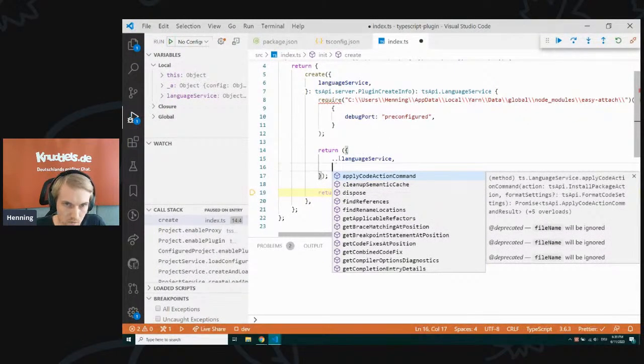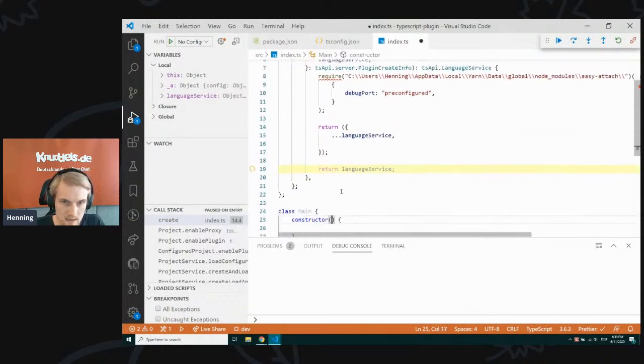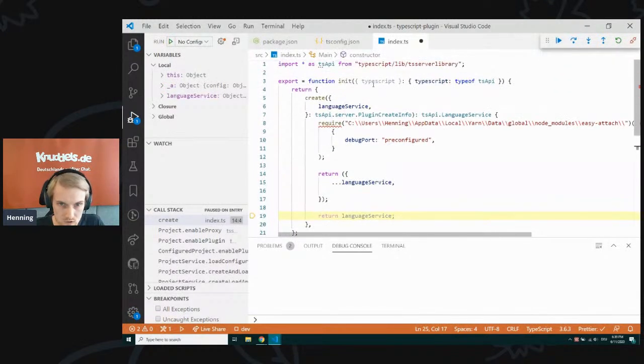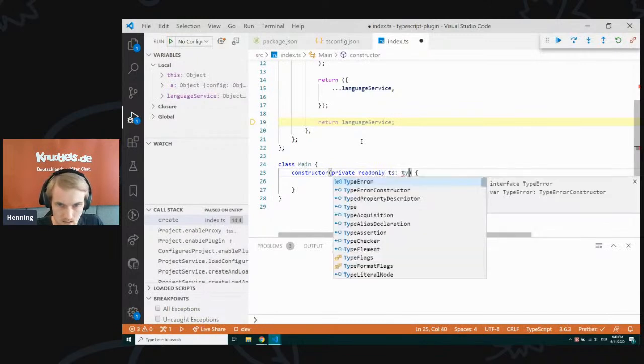And to do this very easily, we just create a main class where we implement all our stuff. And in this main class, we will need this TypeScript object, this TypeScript API. So let me just declare it here, private readonly TypeScript, or let's call it ts, of type TS